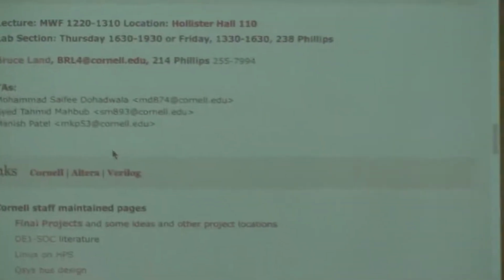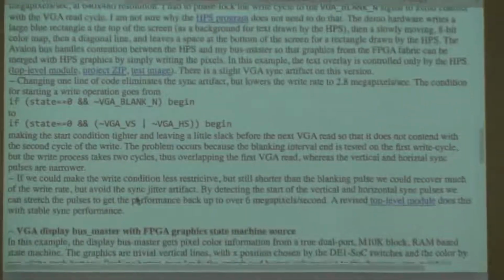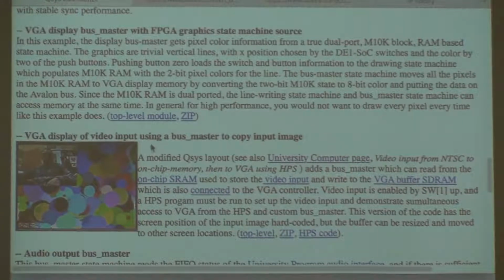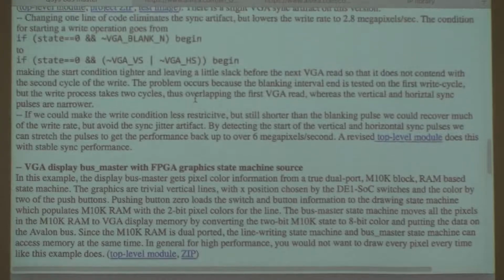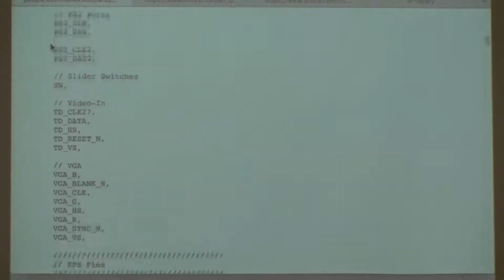So we go down here to the Avalon Bus Master page. Video display. Oh, and there's a new one I just did. It's video display of a video, VGA display of video input using a bus master to copy one memory to another. It took me an embarrassingly long time to get right, but I'll talk about that some other time. So this top-level module